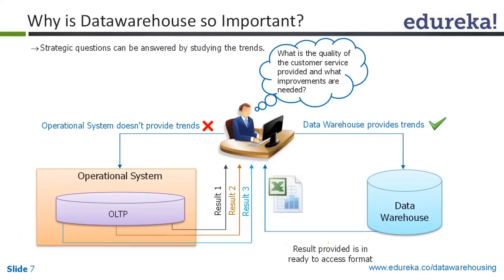Operational systems don't provide trends. They are merely transactional systems. Maybe you will purge the data going forward in the operational systems. I mean, you cannot maintain the entire data from starting till the end, because of the sheer number of transactions that are happening, millions of records getting added. So somewhere down the line you would feel that maybe I don't need 2 years of data or 3 years of data, so you might even consider purging them. But in a data warehouse, because the main purpose of the data warehouse is to store history, you will not be deleting the history in the immediate future.